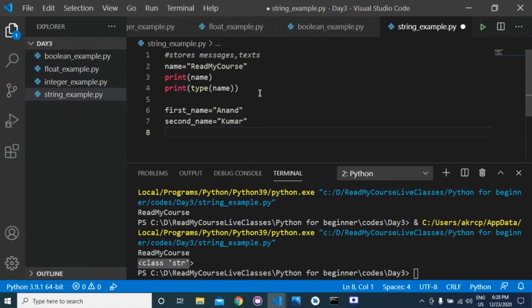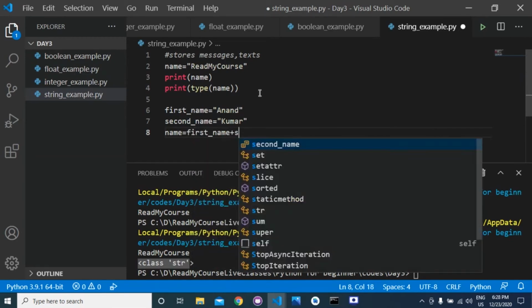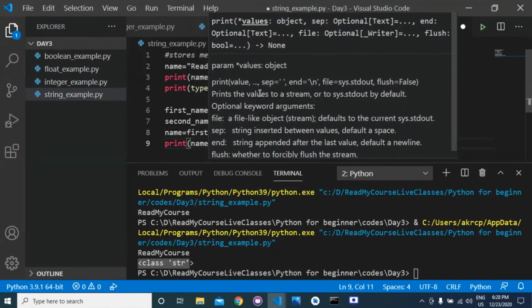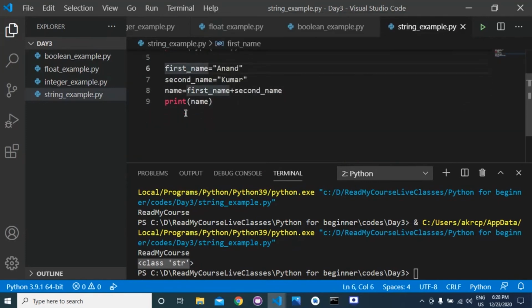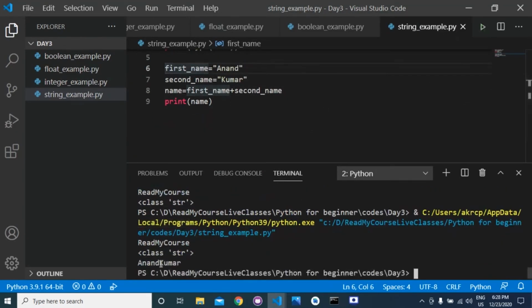If you create a third variable, name is equal to first name plus second name, and then print name, it will give you Anand Kumar. Here you can see it is printing Anand Kumar, so first Anand was concatenated with Kumar.